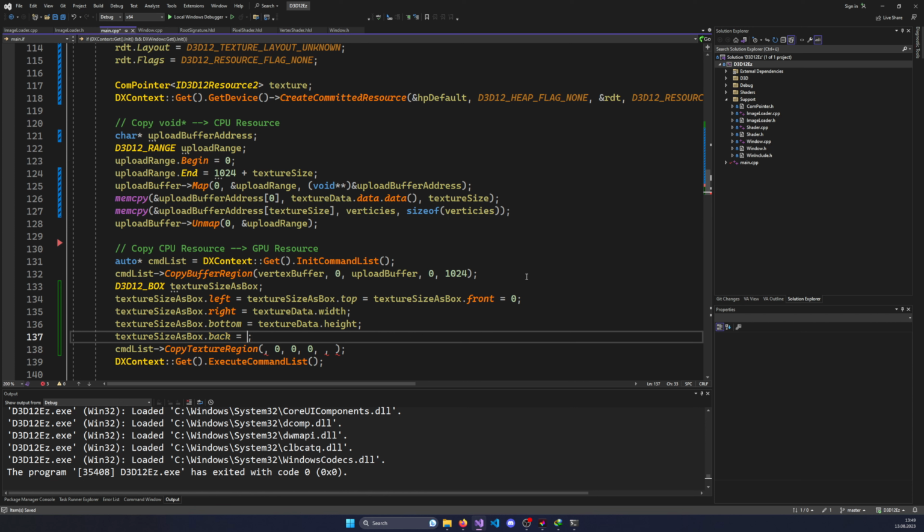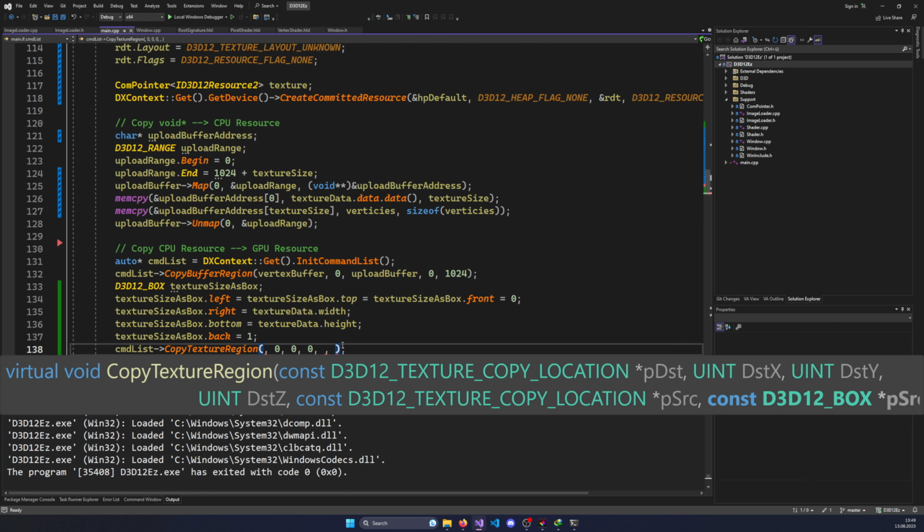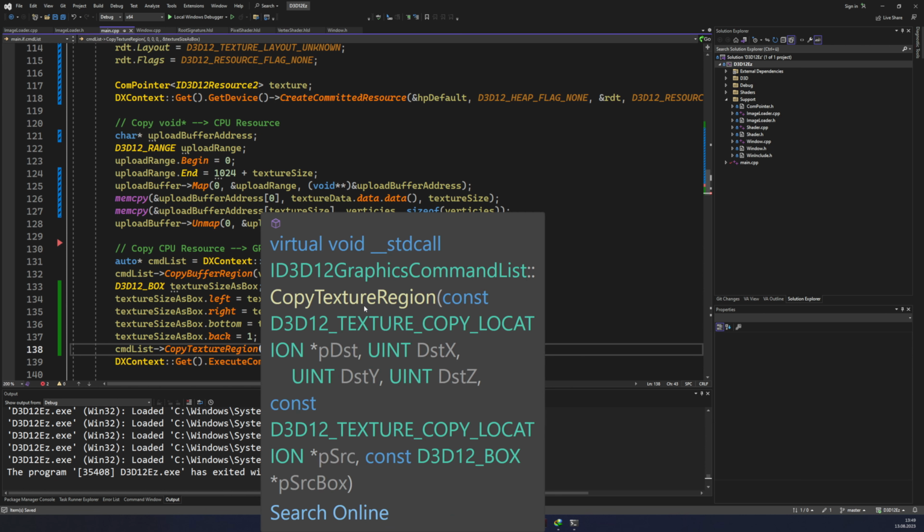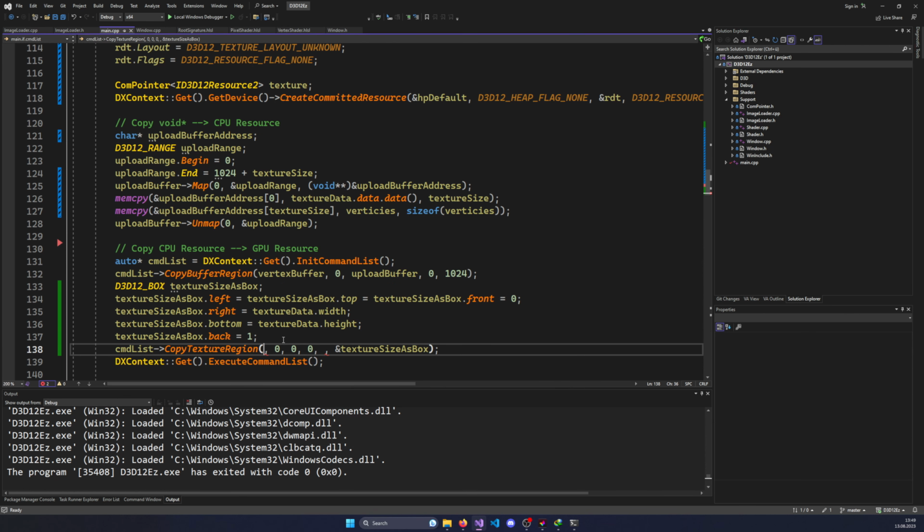It's just important that it's not 0, because if it were 0, we would not copy any pixels. It's kind of like a volume that you need to see in front of your eyes. And then what we can specify is the box in here so that we have access to it. And now we are getting to the complicated part, to the D3D12 texture copy location. Alright, D3D12 texture copy location,